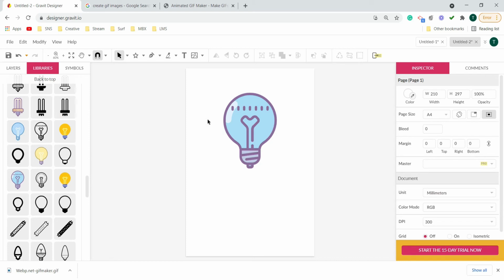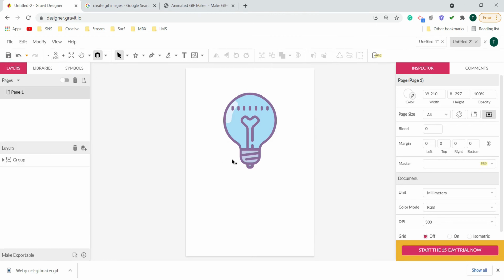Now here the bulb is turned off. I need to turn it on as well, and for that I need to change its color to something like this, some yellow color, by which it will indicate that the bulb is lighted. Now to change the color and give that illusion, I will come into the layers part, and if you see over here, it is not a single shape.